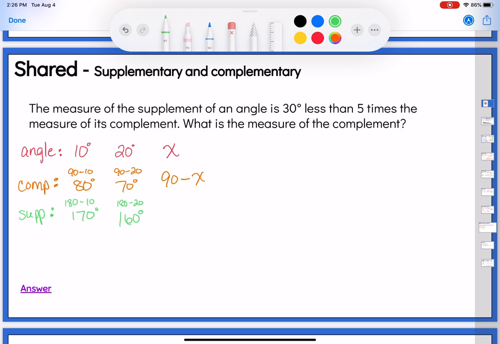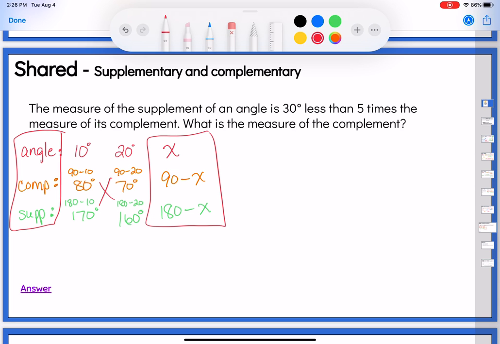And what would be the supplement? Well, if the angle is x, the supplement is 180 minus x. There are my variables that I'm going to use right here. Okay, so this you can just kind of ignore now because those were just my examples, right? So the angle is x, the complement is 90 minus x, the supplement is 180 minus x. Now you don't have to go through those actual number examples unless you forget how to define your variables, but hopefully walking through it a little bit reminded you of how we did that last year, because that is review. So now just remember, if you have the complement and the supplement in the same problem, pull out those variables